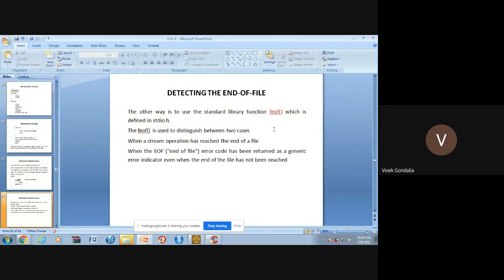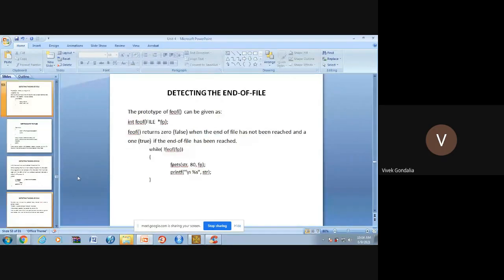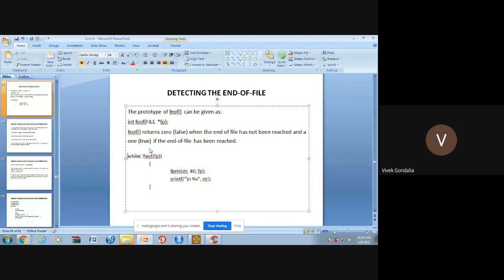Suppose I am reading using fscanf, and whenever the pointer comes to the point after the end, it will give you an error code that it is the end of the file, so there is no data after that, right? So this is just a function. Remember this thing, sometimes they ask it in 1 mark questions also.